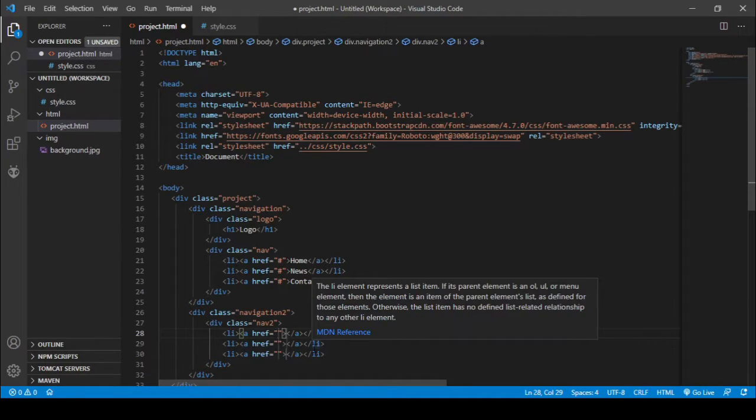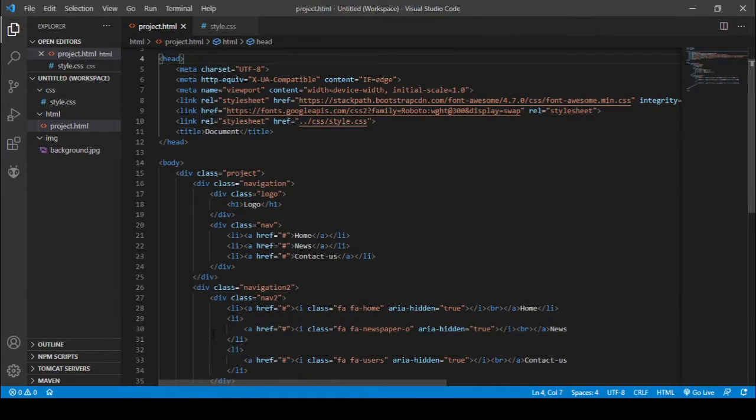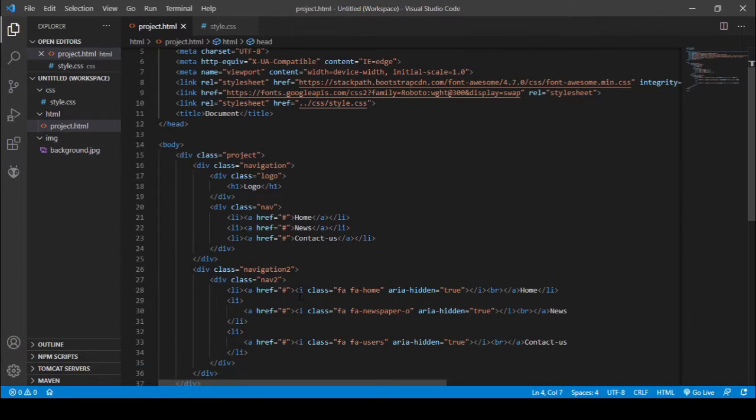So in this list I need Font Awesome icons, so let me copy those Font Awesome icons link on here. So here I have copied the link of the Font Awesome icons, and along with that I have also entered the names for those icons as home, news and contact us, and I have entered the name out of anchor tag, but I have entered it in a list tag actually.